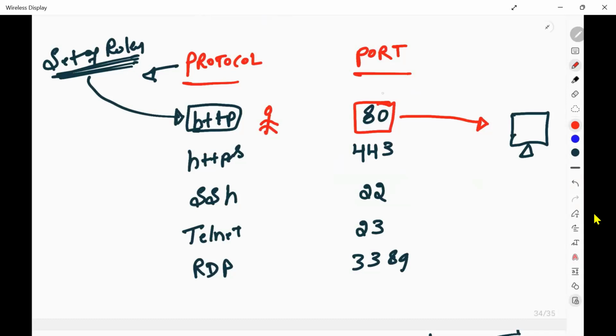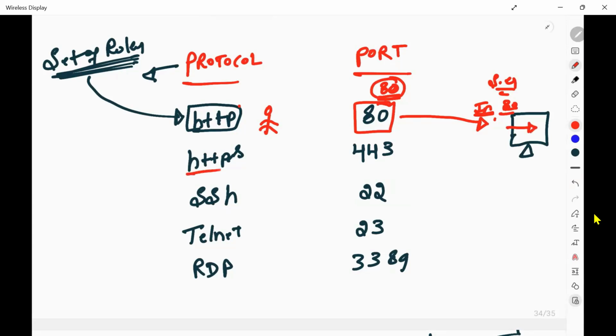Port 80 should be open. You should tell your security guard, if the HTTP person comes, open my security group's window 80, door 80. So I should allow port 80 in inbound traffic. Then only it can come inside my application.